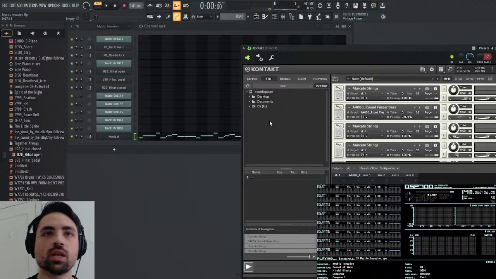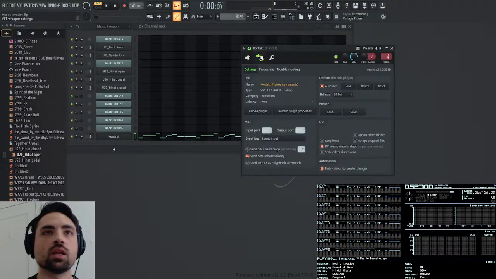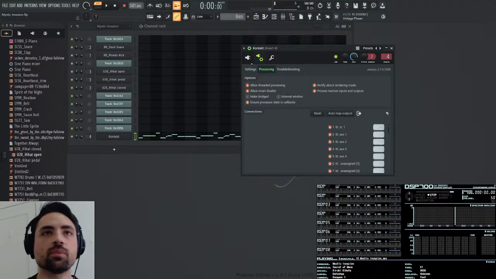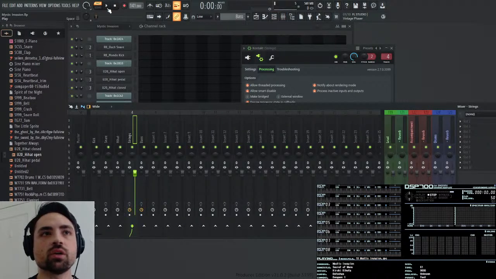And I'm going to go to plugin out 3 and plugin out 4. And then I'm going to go to the processing tab and select +1. So this is going to add it to the very next mixer track after 4. And that is what I already have named as bass. So now,